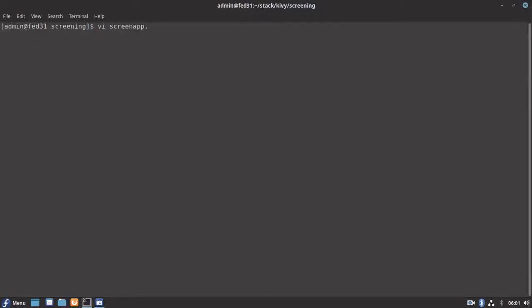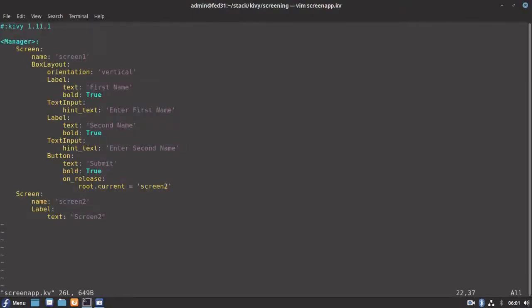So let me open my screen app KV file. So instead of a label with a default message, we want to capture the input from screen 1. Okay, so how can we do it? So first of all, let's create 2 labels here also in the screen 2.